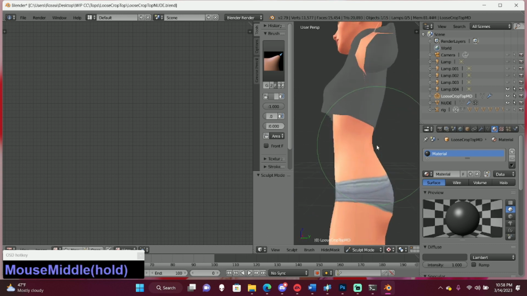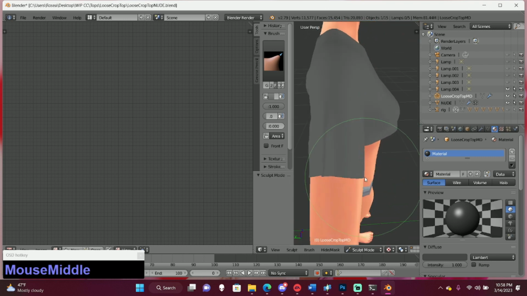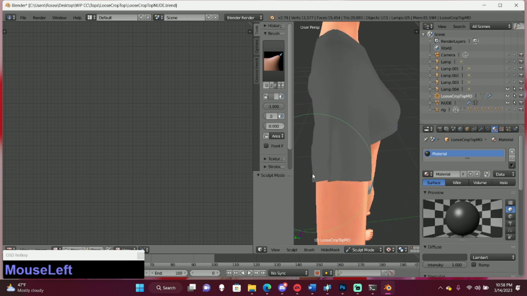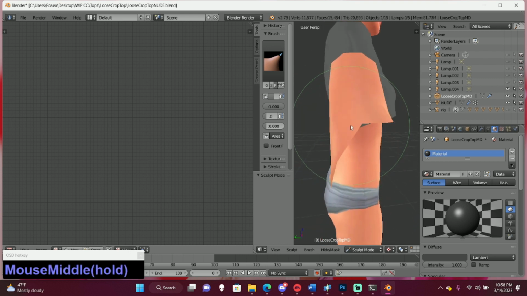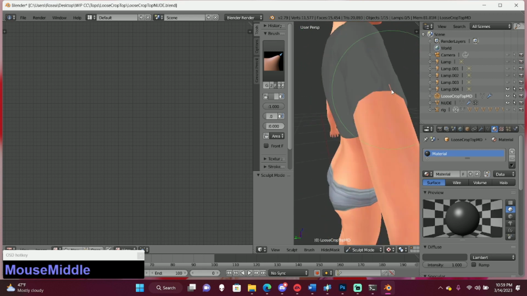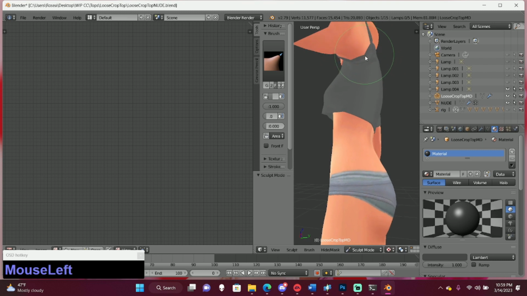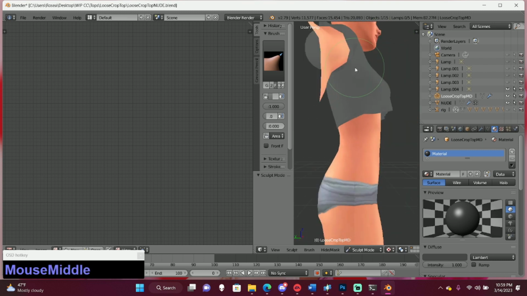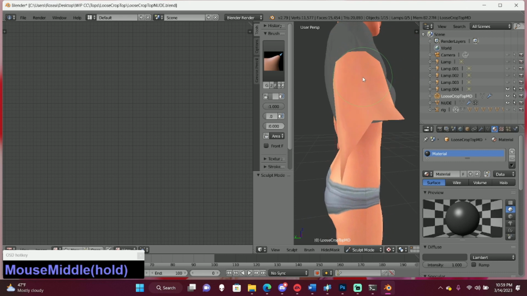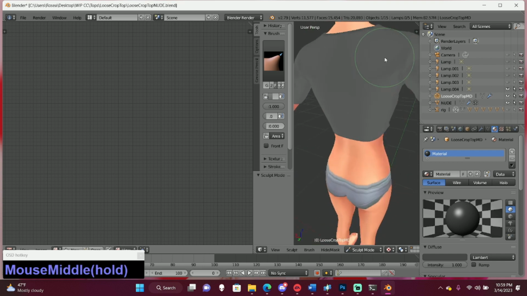We can test it in game later and go fix other stuff we find, but it just looked like it was clipping in the sleeves a little bit. So we're just going to go ahead and fix that now. Alright, I think we got all the obvious clipping. Like I said, we might end up fixing some more stuff later, but this is just a start.